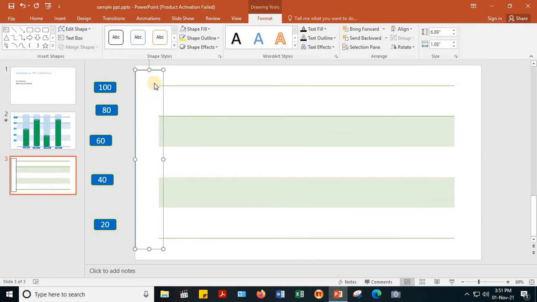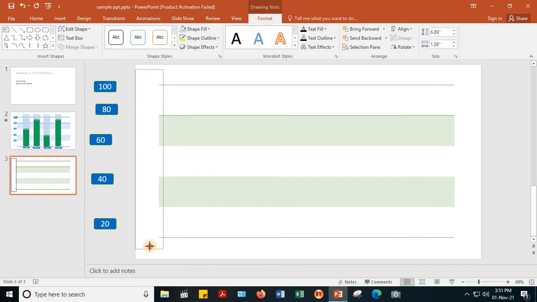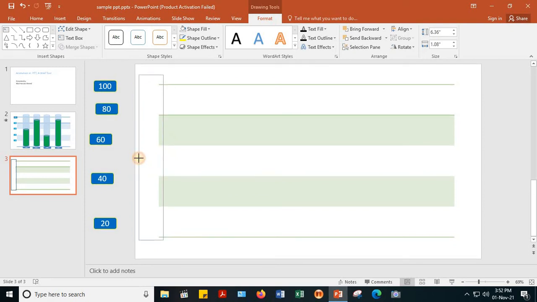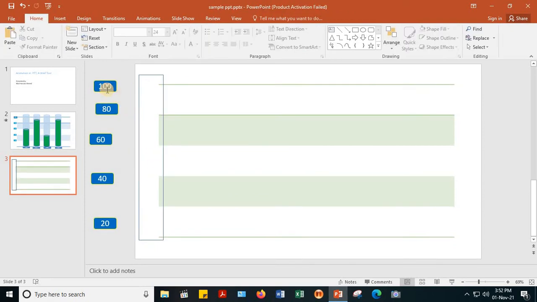Now I'll make it equivalent to the original table that I have put here. So I'll adjust it accordingly, and now I'll put these numbers here.